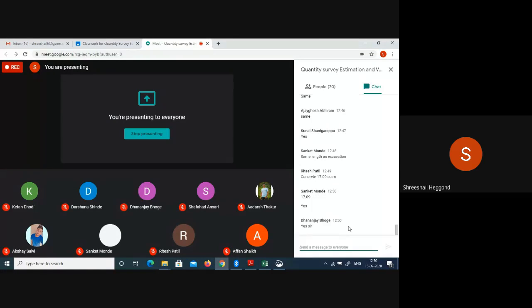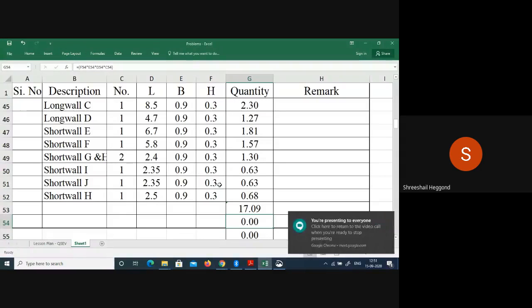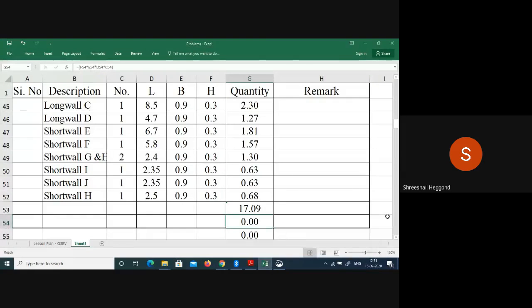The ones we have already solved by the central line method, verify the answer whether you are getting the same answer or not. That should be the same, then only you will be getting the correct answer. Somewhere in between you are doing wrong if you are getting different answers. You're getting the same 17.09 because length will be the same as your excavation, breadth will be the same as excavation, only height will change, so that has to be taken care of. Remaining all will be the same only. So quantity you can get directly.